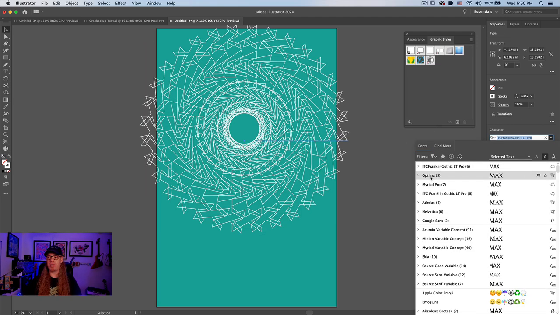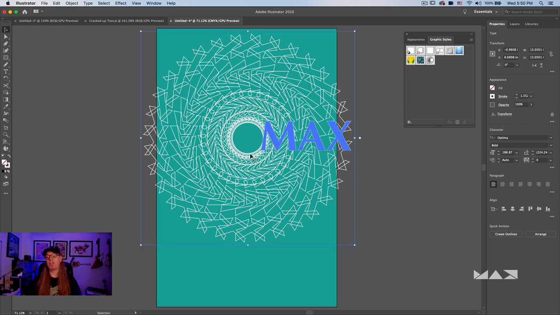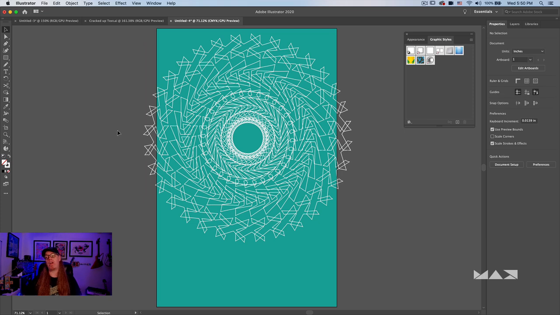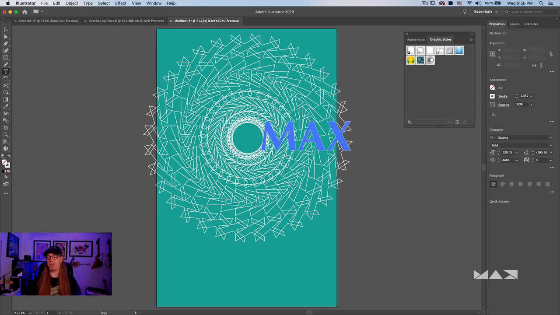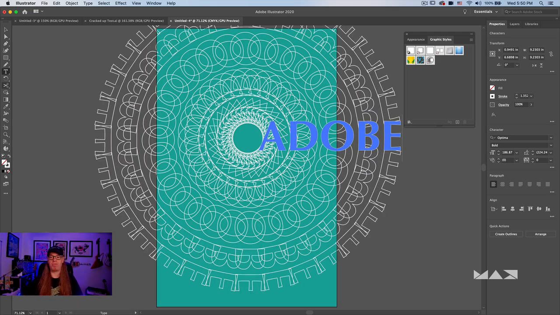If I switch this to Optima, for example, this looks much sharper and much more like a vortex. So you can use this to experiment with an overall style of graphic creation. I could totally see using this in the background of one of our designs. But what's even cooler is I can just go in and highlight and change the word to something else.